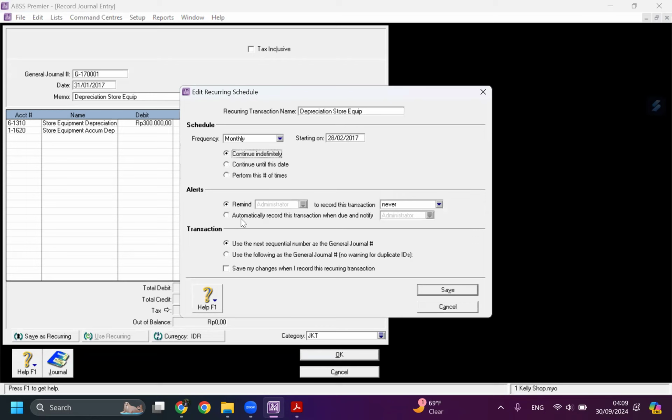Continue. Do we need to have alerts? Yeah, usually we already count how much is our asset, then how many times we are going to make this depreciation. But for now, we just continue indefinitely.